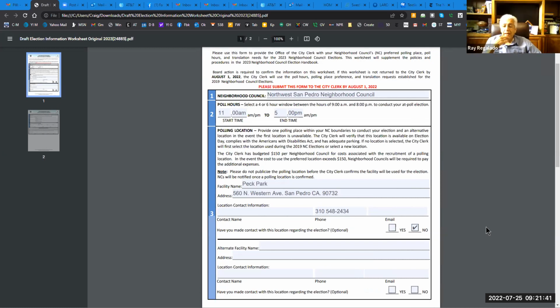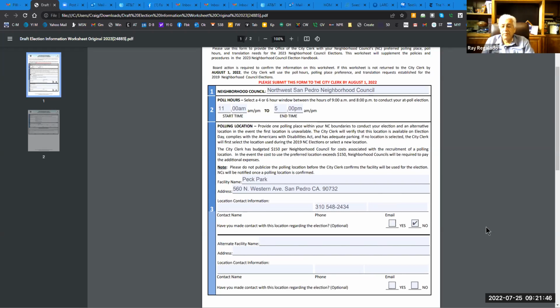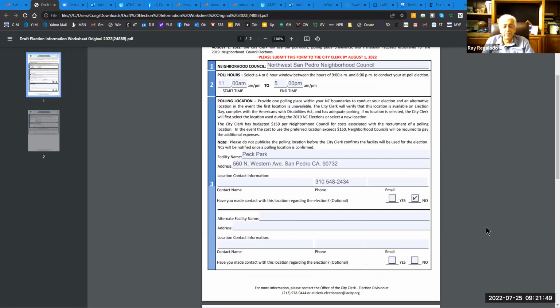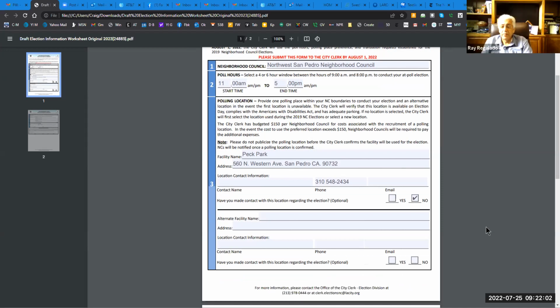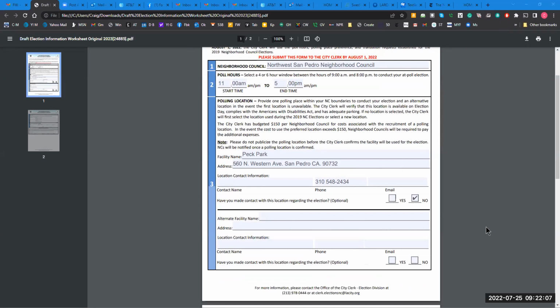What would be an alternate? Well, there is an alternate, and that's where I want your input, if someone has an alternate location, just in case. The Harbor Police Department might be sensible. They wouldn't want a lot of people coming in and out. That's probably very true. They're still very concerned about numbers of people. Is there a place of faith around in our area? Most people don't want it. Peck Park is open to the public, but schools wouldn't want it. Churches probably wouldn't want it.